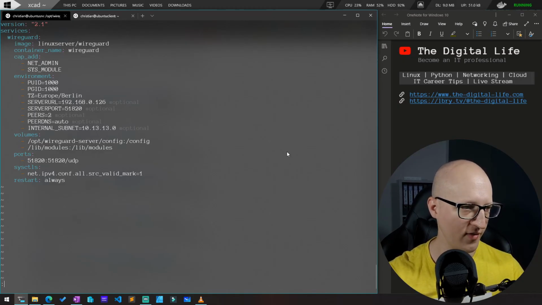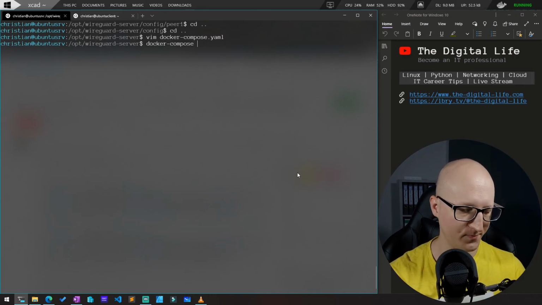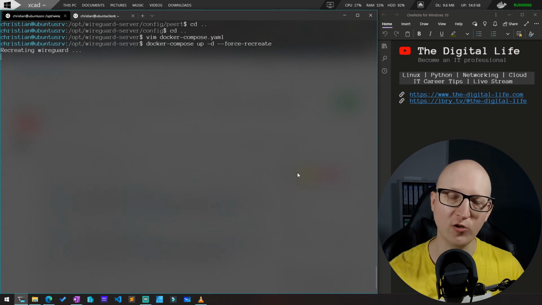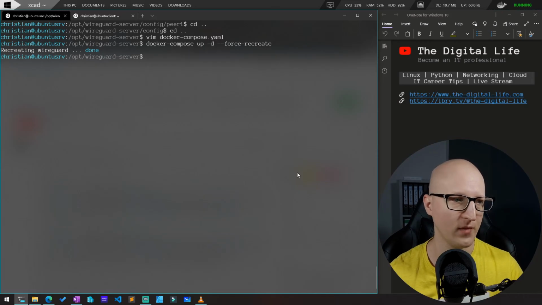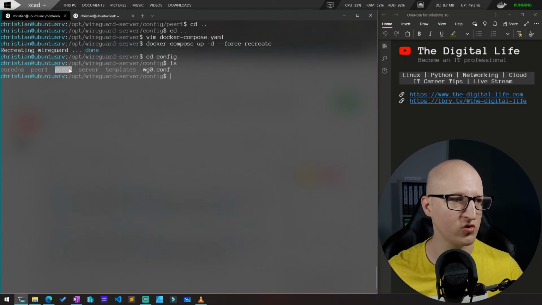And just write this to the file. We now need to restart our Docker container simply with up -d and enter a force recreate. If we hit enter, we are now recreating the WireGuard container, and it should add automatically a second peer configuration file. So if we cd into that config folder and do an ls, you can see there is a peer2